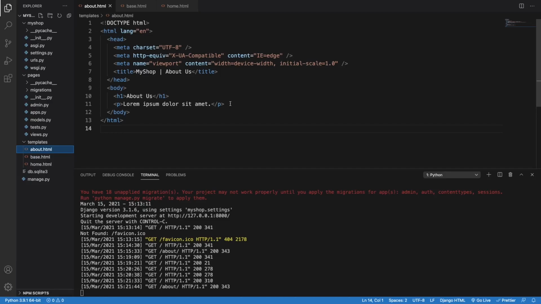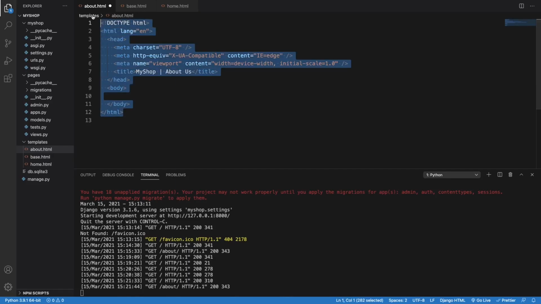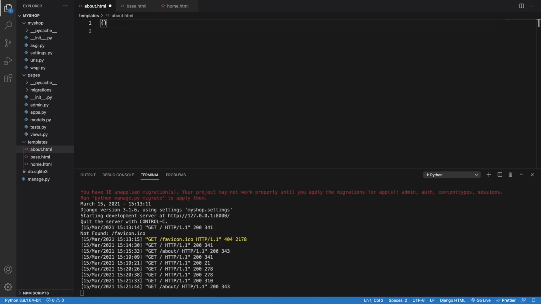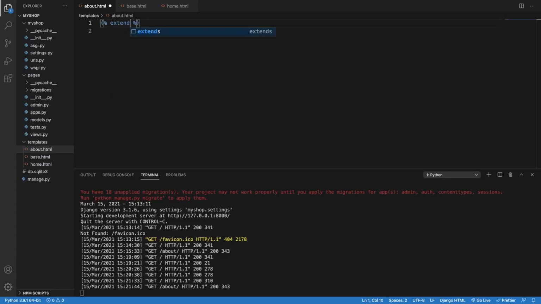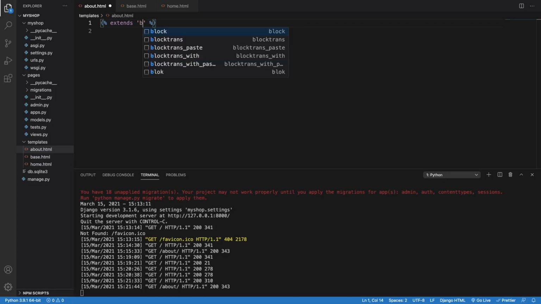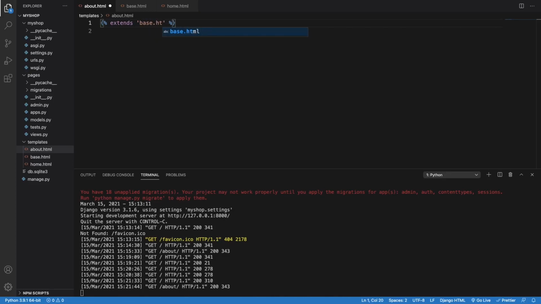In order to make this particular page work with that base HTML content, we just have to again do curly braces with the percentage symbol, and we can type extends, and we can type here the name of the file which we want to extend it with. Once we write that, we need a content block. Don't forget the percentage symbol here. Once you put the percentage symbol, we can type